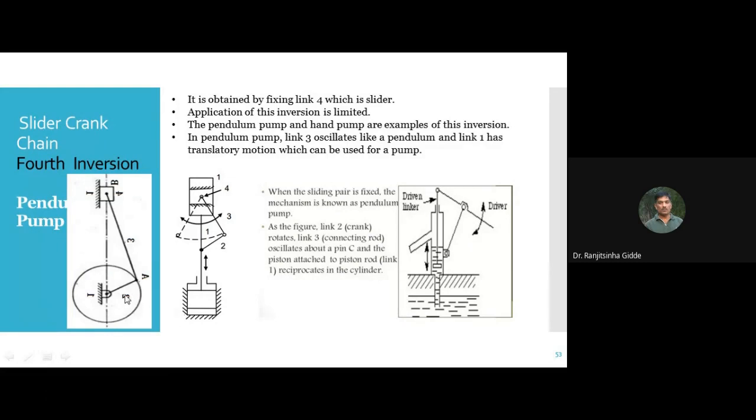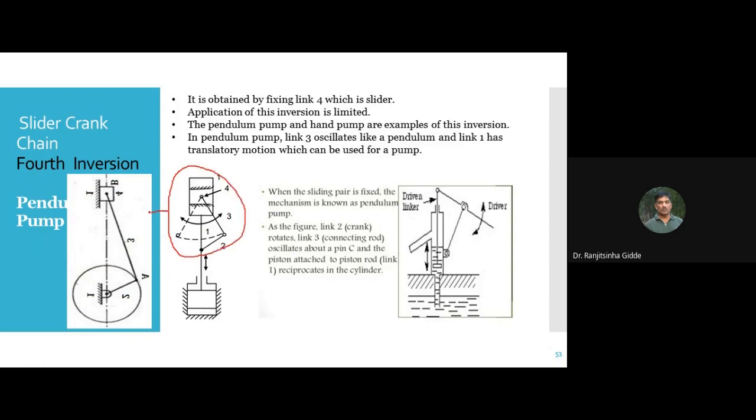So this is link 2, this is link 3, this is 1, and this is 4. Did you understand how the construction was done? And this part, for the time being, you can assume that it is not present. Only consider this diagram, this part. So you should concentrate on this part.